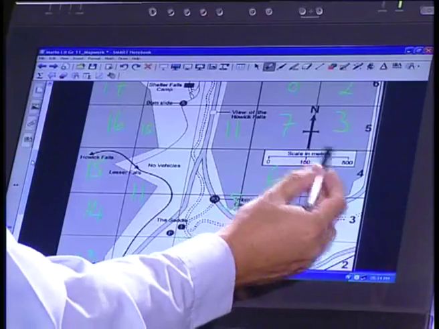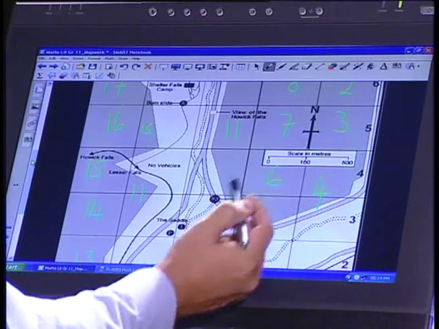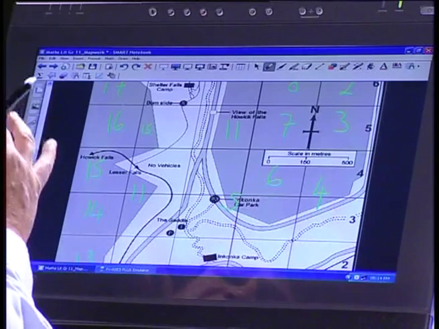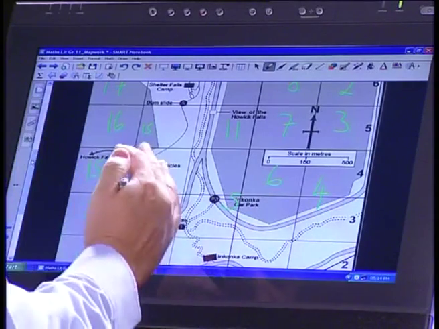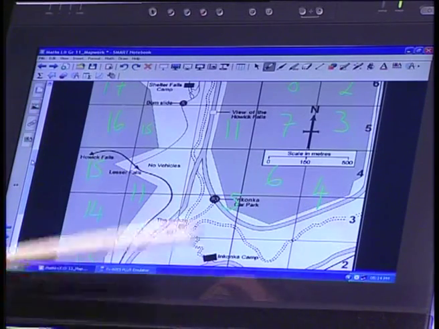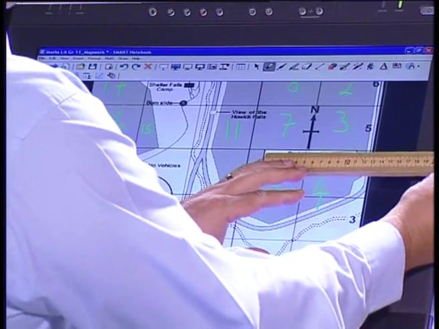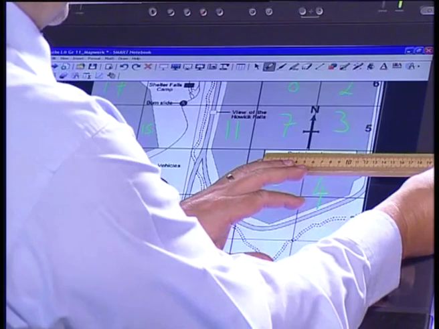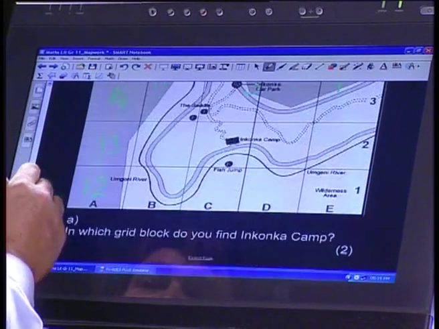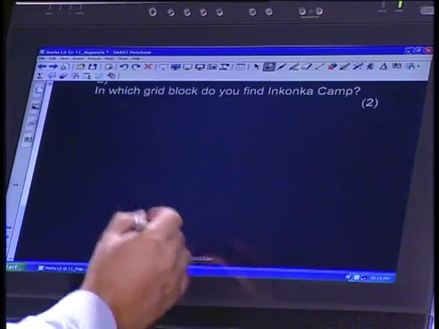Okay? When we started, the first few questions were so many millimeters represent so many kilometers. In this scale, we are told that the scale is in meters. Can you see that? So the distance from this point to that point does not represent so many kilometers, but rather it represents meters. So I'm going to take my ruler and measure this distance. And I get around about 90 millimeters. So I know that 90 millimeters,